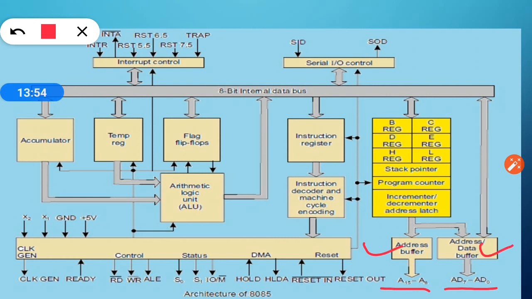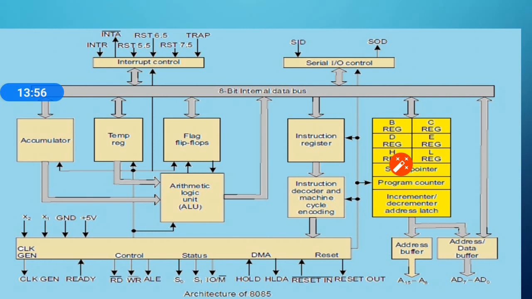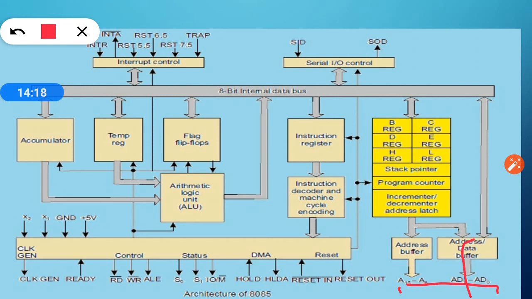Okay, so now once the address is given to the memory, the memory's internal circuit locates that particular memory location, right? Once that particular memory location is found, at that time we can retrieve our stored data and load it to the accumulator, right? That data is loaded to the accumulator through this lower block, that is your right side block, the address-cum-data buffer, and this data is delivered to your accumulator. This is called a load function.